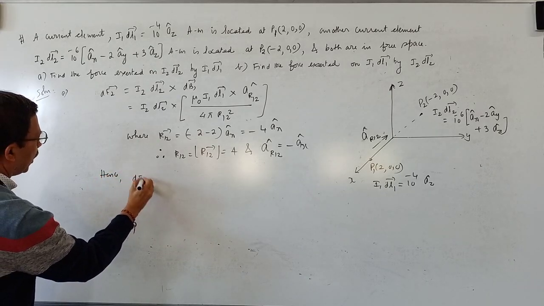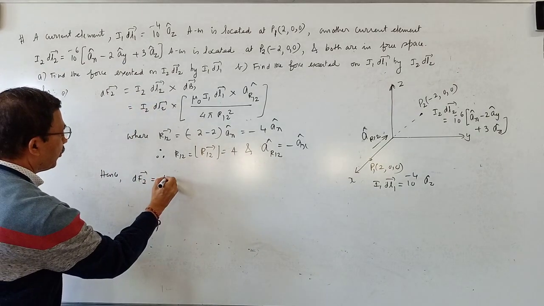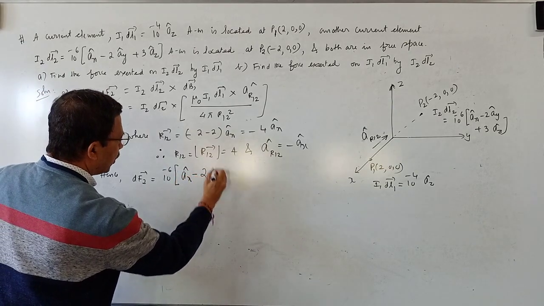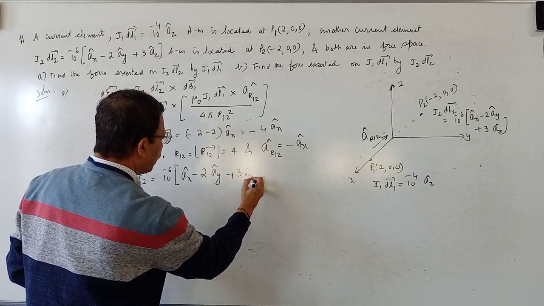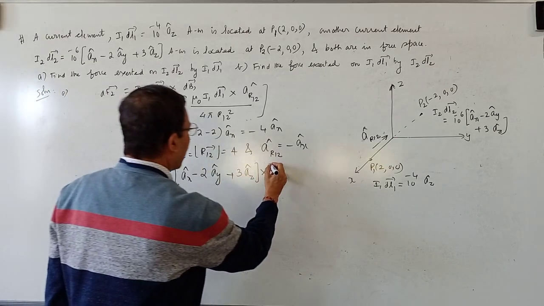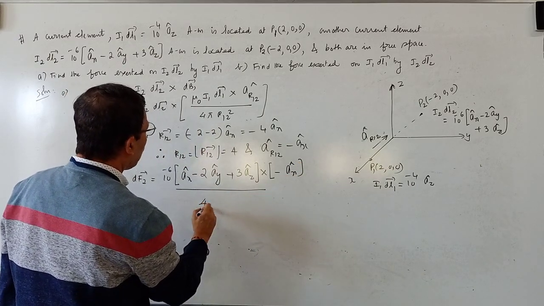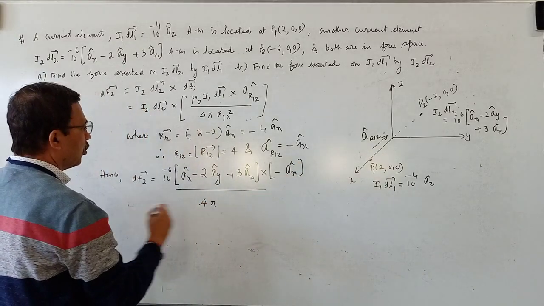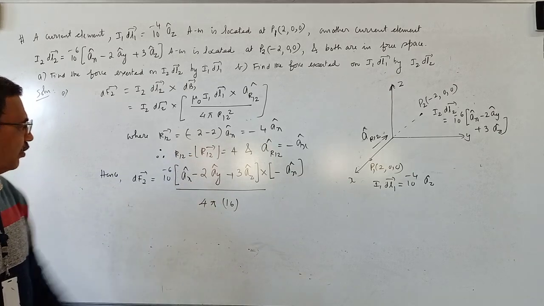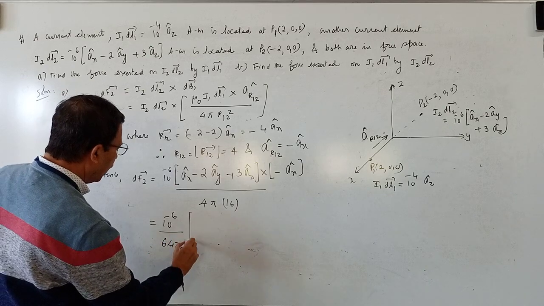Hence, vector dF2 is equal to I2 dl2 cross a_R12 cap, all divided by 4 pi R12 squared. What is I2 dl2? It is 10 to the power minus 6 into (ax cap minus 2 ay cap plus 3 az cap), cross a_R12 cap. What is a_R12 cap? It is minus ax cap. Whole thing divided by 4 pi. What is R12 squared? R12 is 4, so 4 squared is 16. So this is 10 to the power minus 6 divided by 64 pi, into the cross product